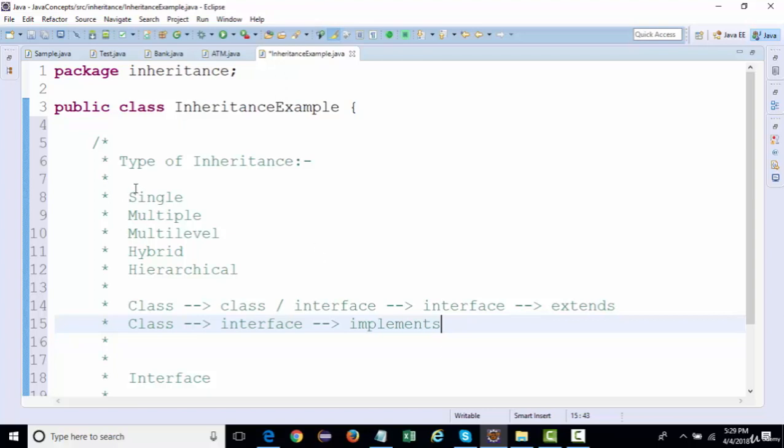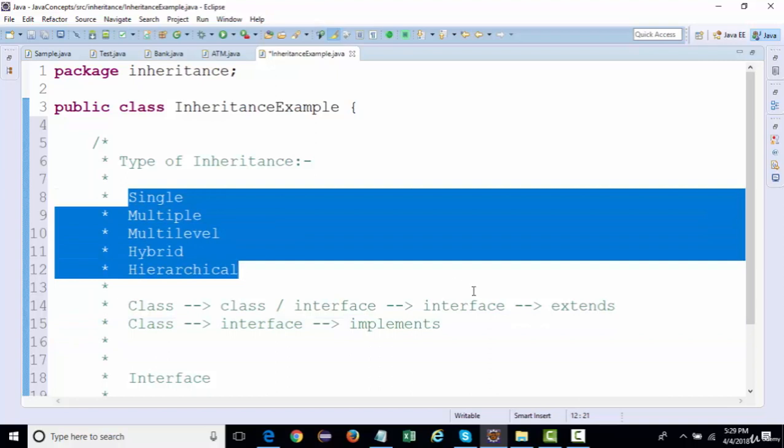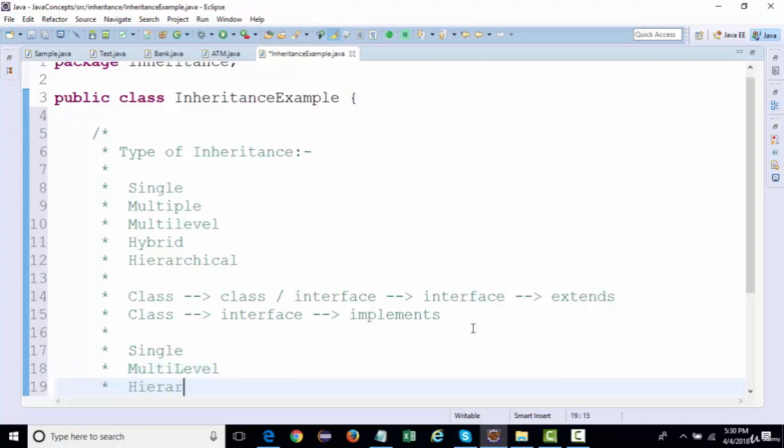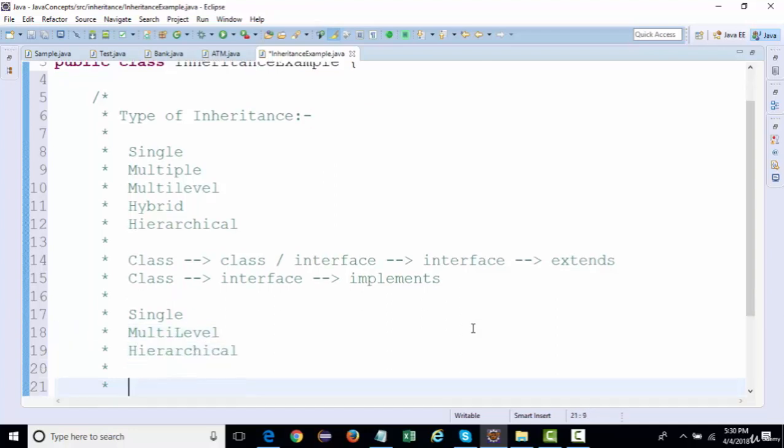So what types amongst these are possible at the class level? What is possible is single inheritance, multi-level, and hierarchical. Right. So multiple is not possible at the class level.